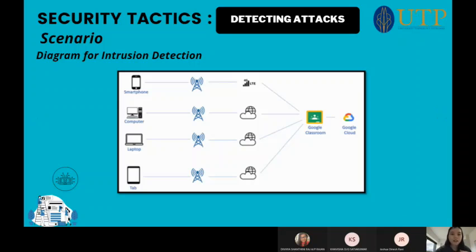For these slides, I will be presenting on how Google Classroom can detect attacks. In case you don't already know, Google Classroom has intrusion detection. As seen in the diagram below, Google Classroom, like most other Google services, is a cloud-based system that resides in Google servers. With the large number of servers and services that Google has, it is imperative that Google has the appropriate intrusion detection tactics in place in order to spot any intruders of